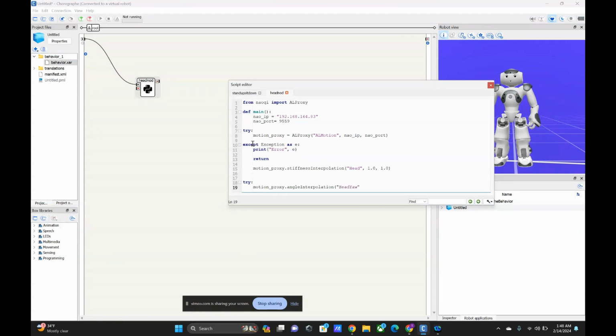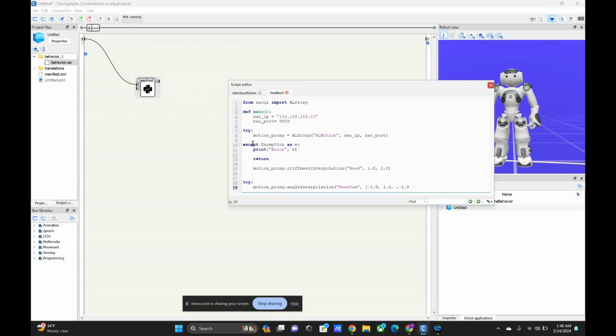Let's get HeadYaw. And again, HeadYaw is the name of the joint that we want to move. And for the parameters, these are just the list of angles that we're going to reach. Let's start from negative 1.0 to 1.0,